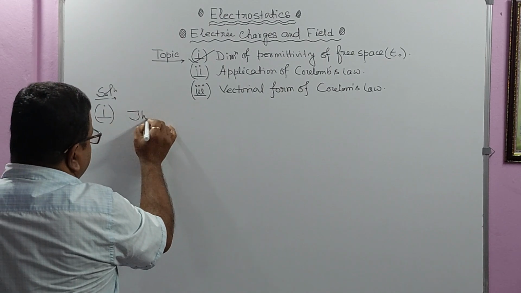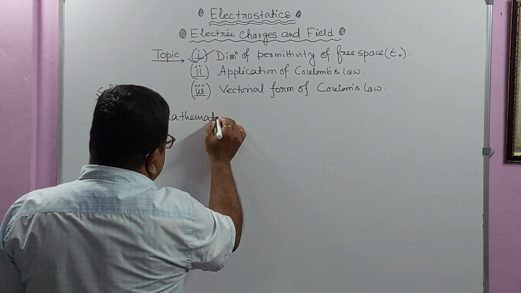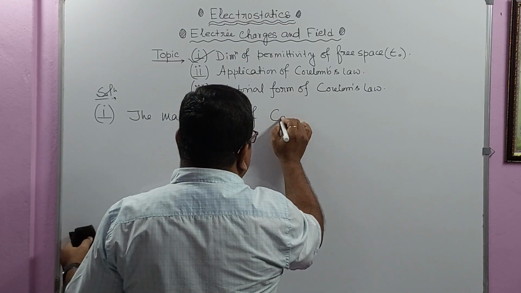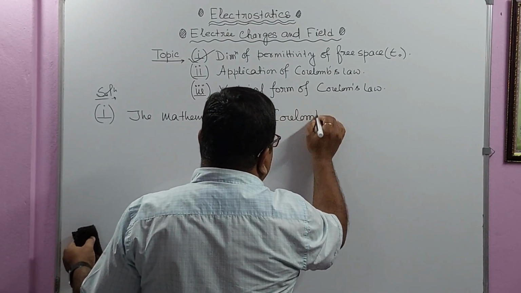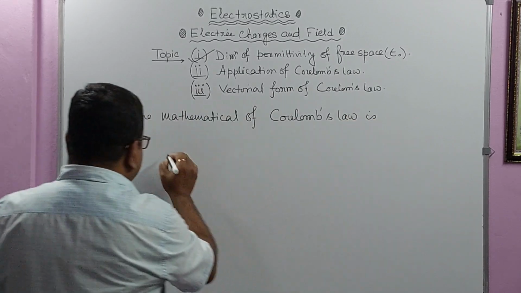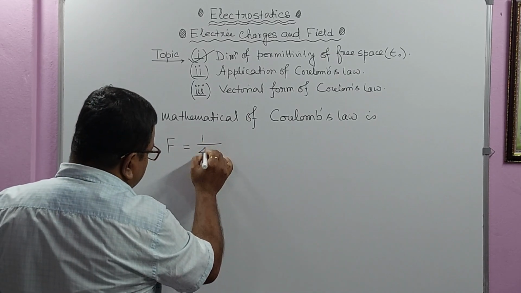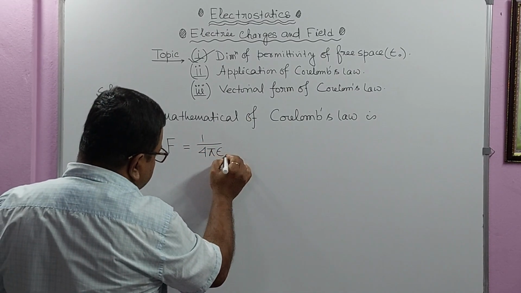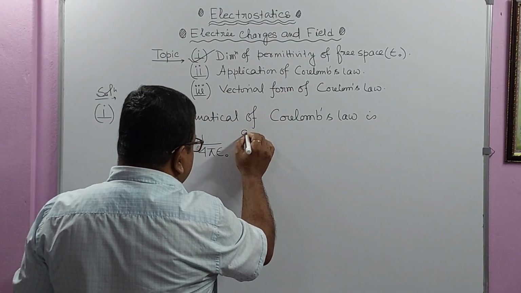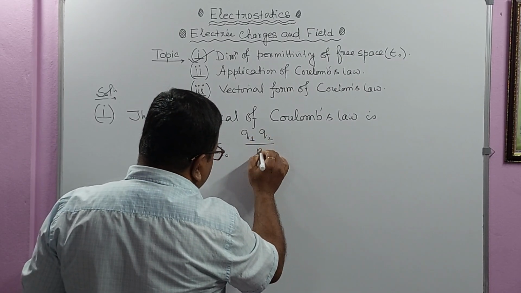The mathematical expression of Coulomb's law is force F equal to 1 by 4 pi epsilon naught. Epsilon naught is the permittivity of free space. Q1 Q2 by R square,